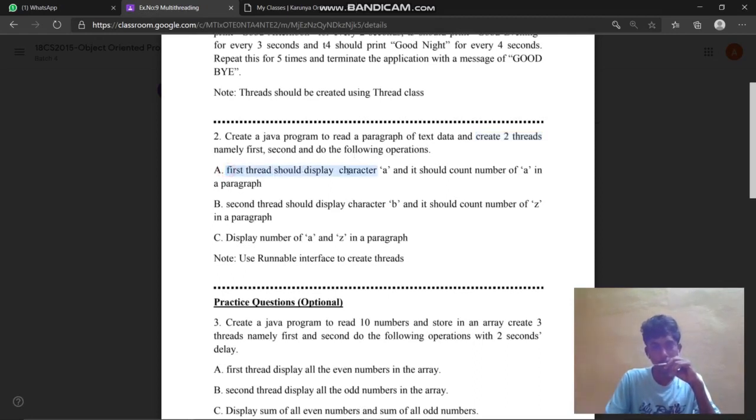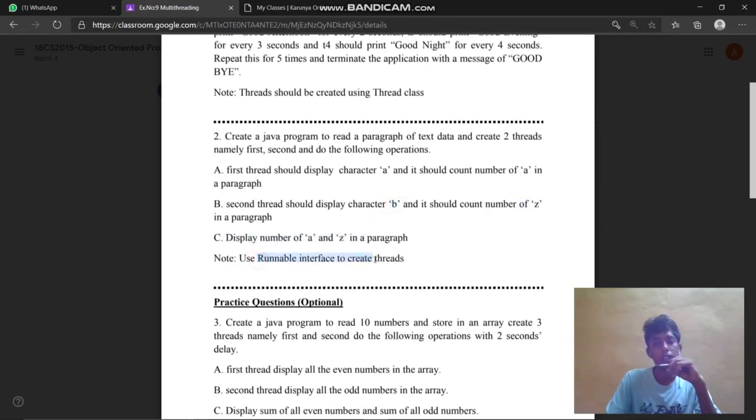The first thread should display the character A and display the count of A in the paragraph. And the second thread should display the character B and count the number of jet in the paragraph. This is a question mistake, that is, jet here. Display the number of A and jets in the paragraph.